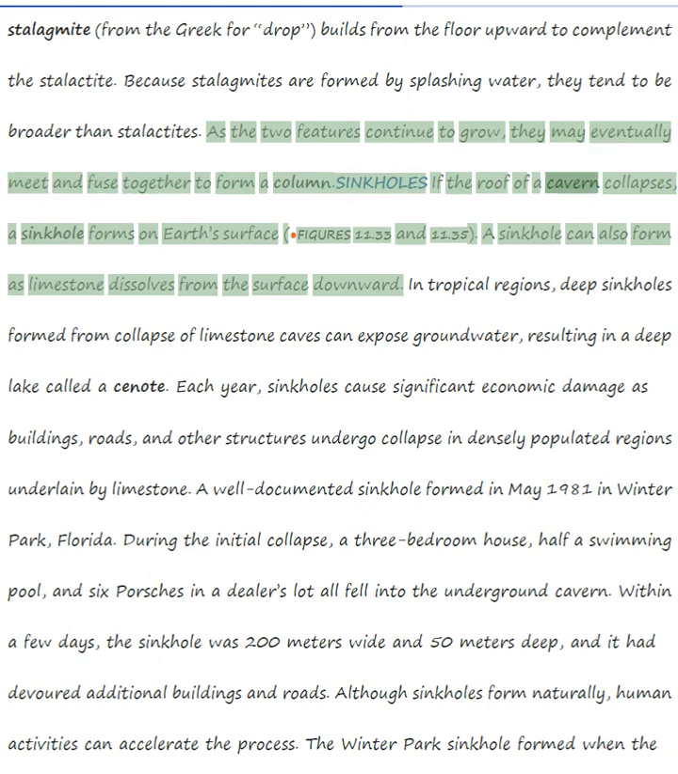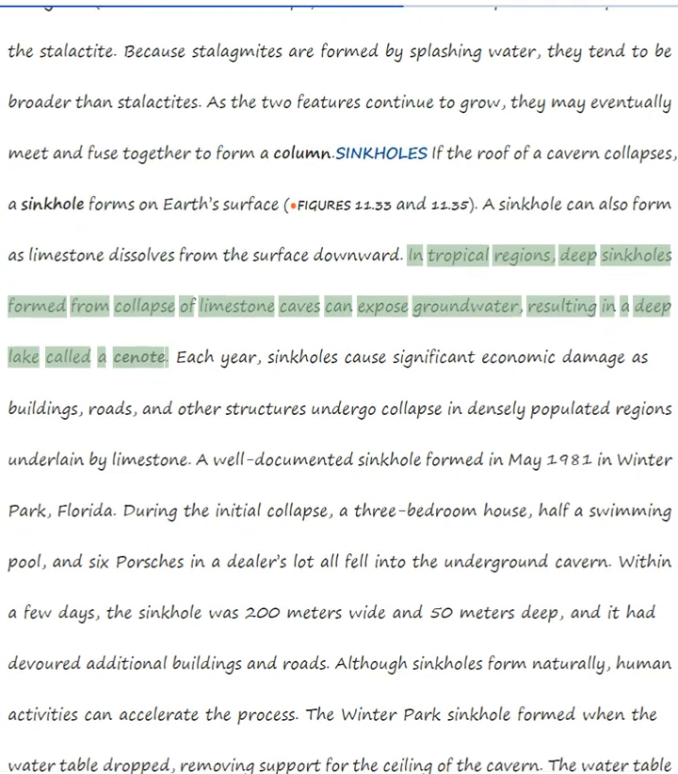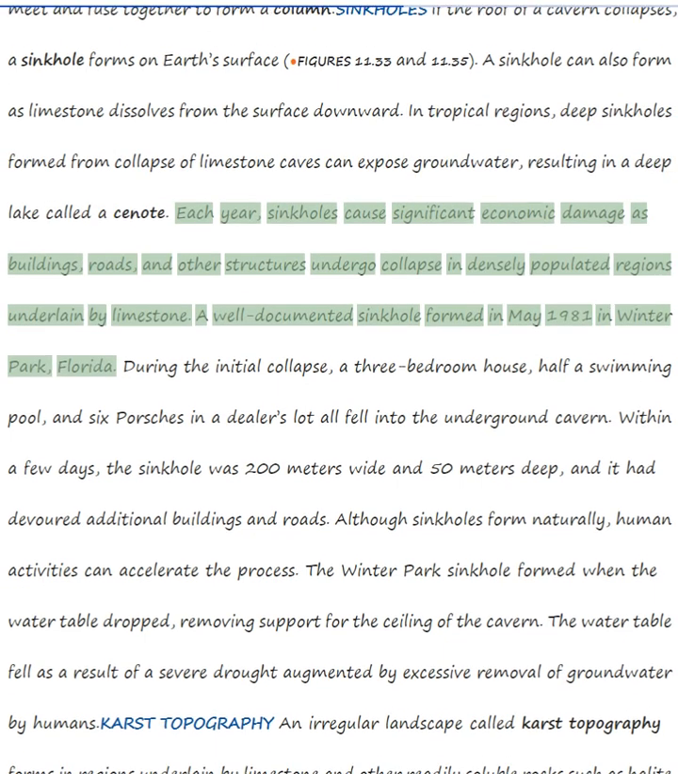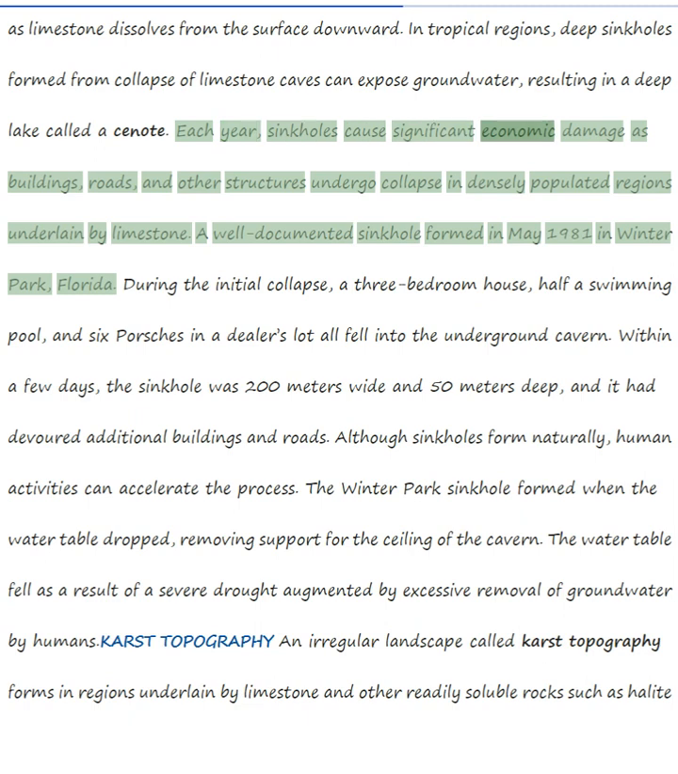Sinkholes. If the roof of a cavern collapses, a sinkhole forms on Earth's surface. A sinkhole can also form as limestone dissolves from the surface downward. In tropical regions, deep sinkholes formed from collapse of limestone caves can expose groundwater, resulting in a deep lake called a cenote. Each year, sinkholes cause significant economic damage as buildings, roads, and other structures undergo collapse in densely populated